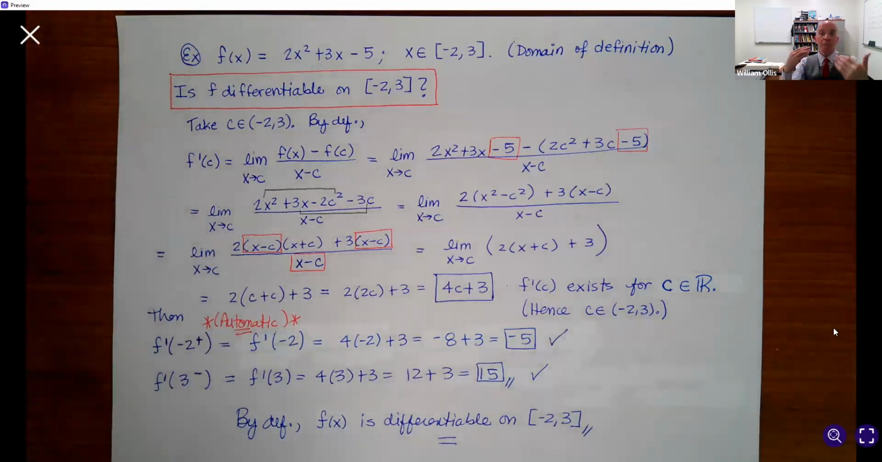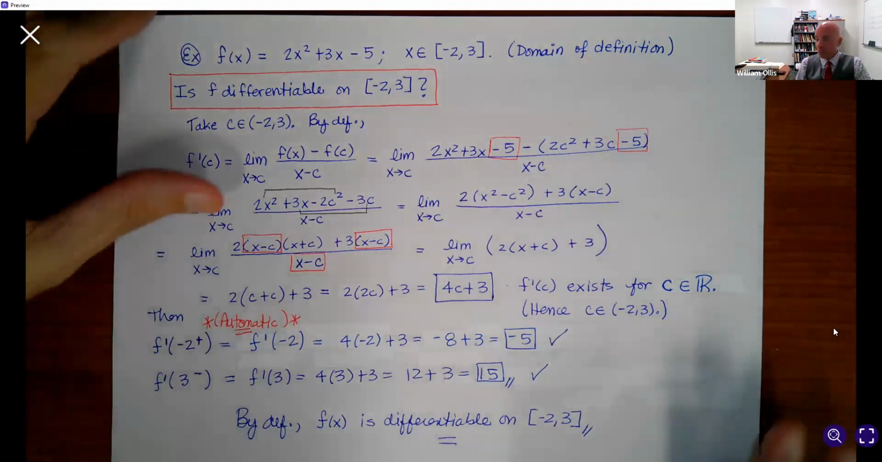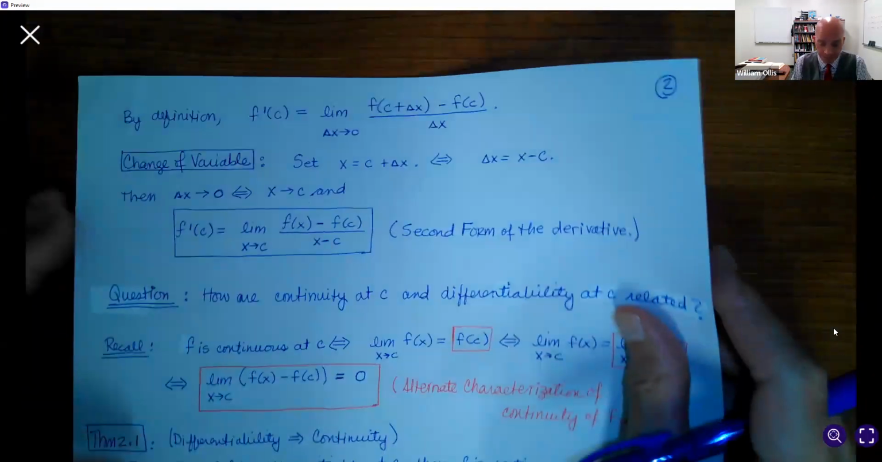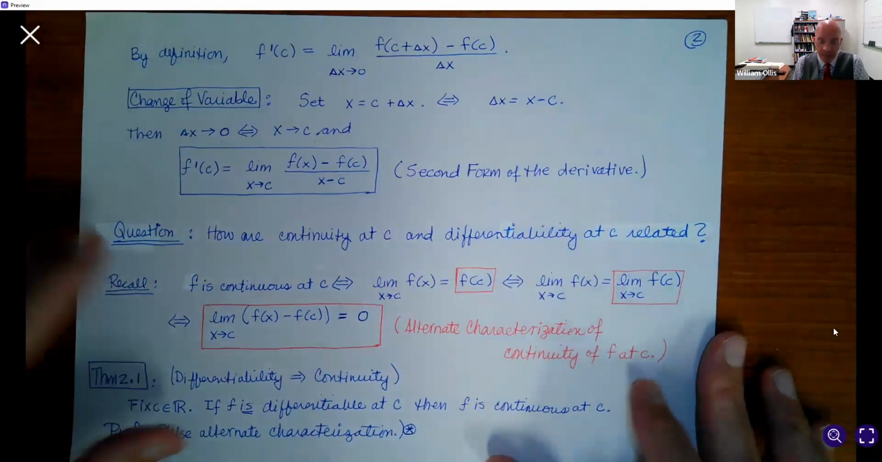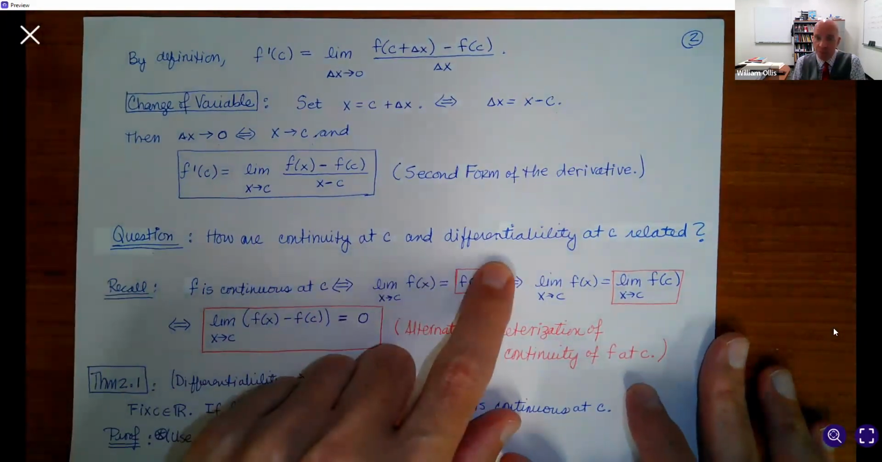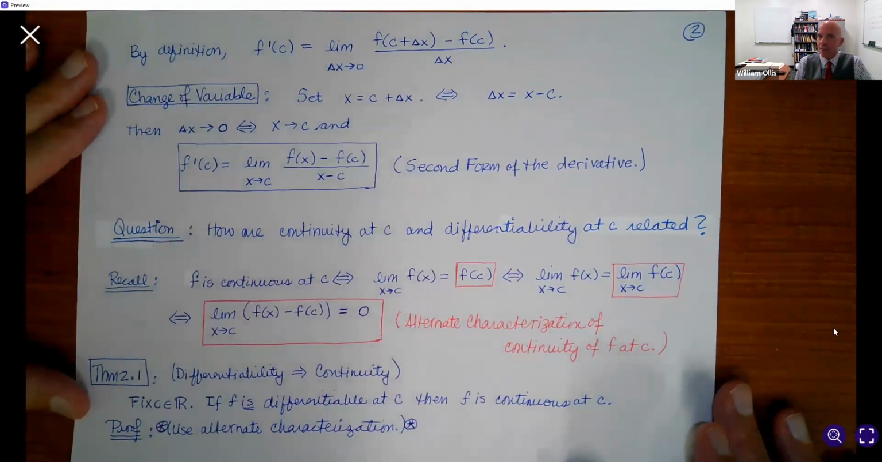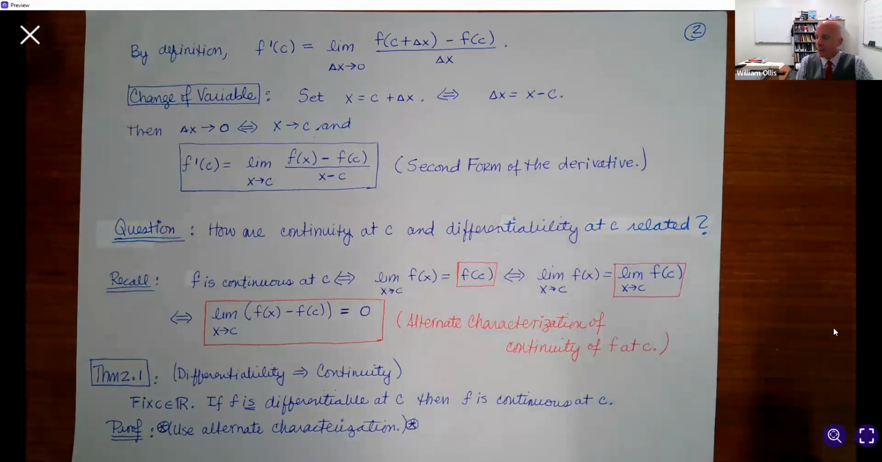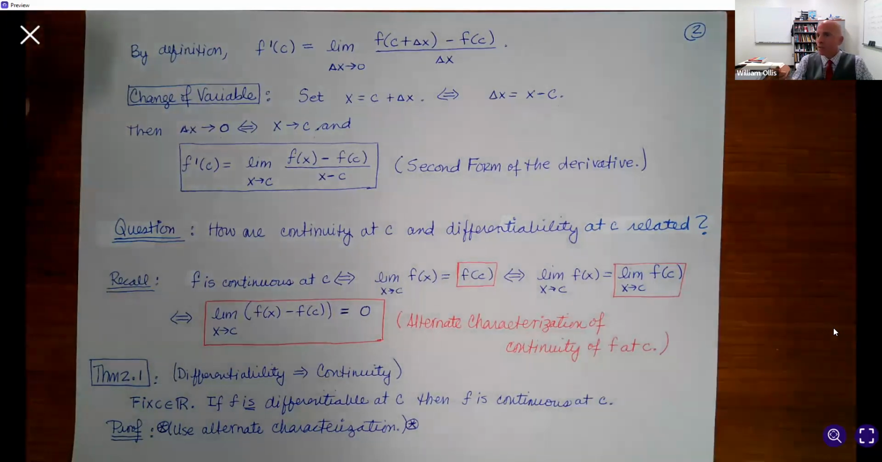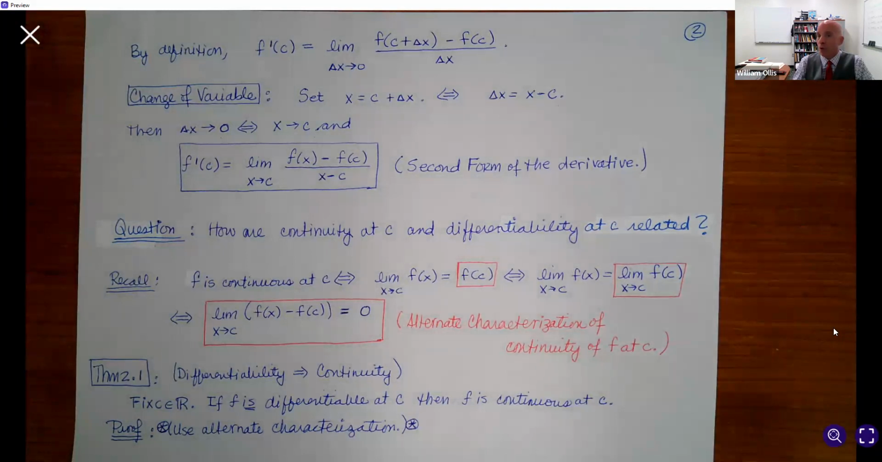You're thinking geometrically that smooth curves or differentiable curves have to look really nice. And so you might be thinking right now about one aspect, that is, how are continuity at c and differentiability at c related? Well, I let the cat out of the bag already. I mean, let's think about it. The smoothness is required for differentiable functions when we think about their graphs. So we're thinking,